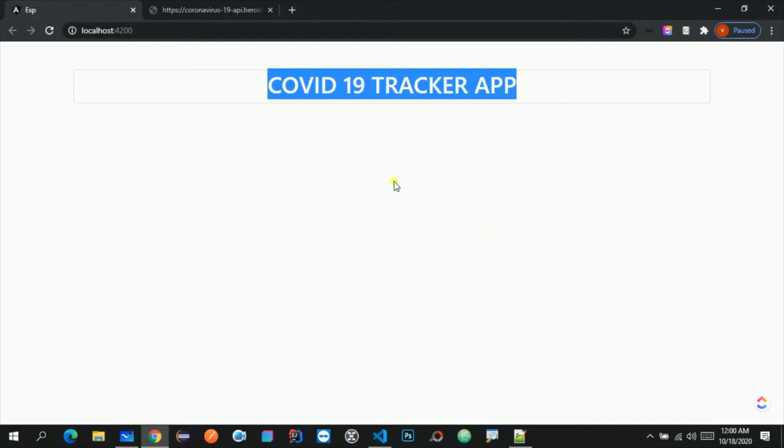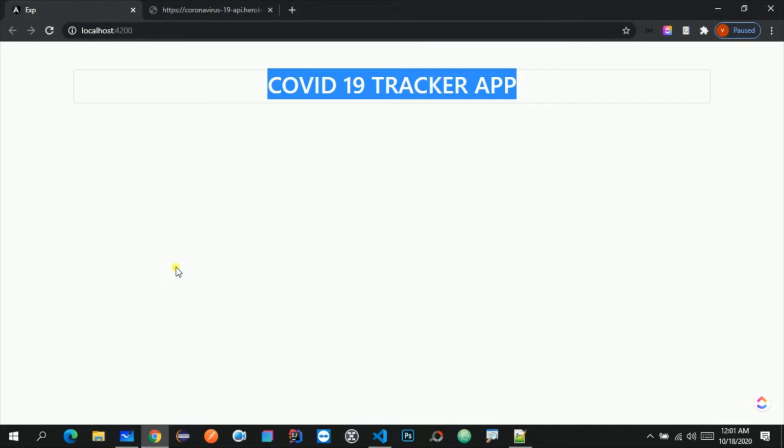I will show you how to do this, but before showing the information to the user, the first requirement is that we need to have that particular information, because if I want to show some information to you, first of all I need to get that information into my account. That means if we want to show the information to the user through our application, first of all our application needs to have that particular information.